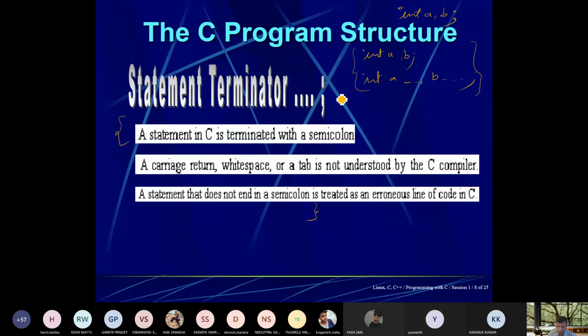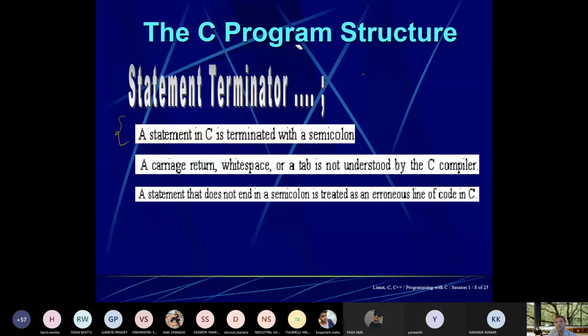There are several white space characters. A statement that does not end in a semicolon is treated as an erroneous line of code in C. So it is always terminated by a semicolon. Looping and branching are not statements.